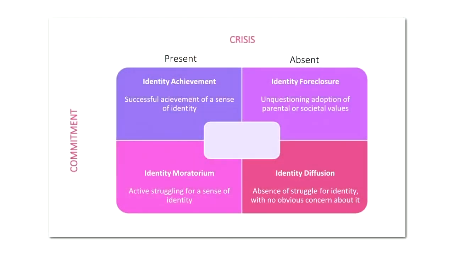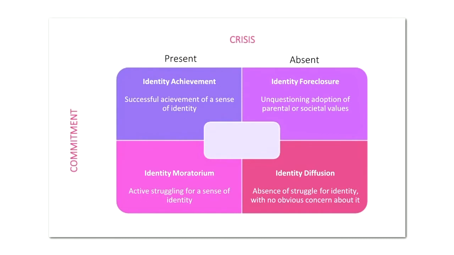Now, each piece can only be in one status at a time, and there are aspects of our personality that are in each one of these four different statuses at any given time. We're not always in just one of them, obviously. Pieces of our identity are going to be in different places. So let's look at this graphic to help us understand the dimensions that we're looking at: crisis